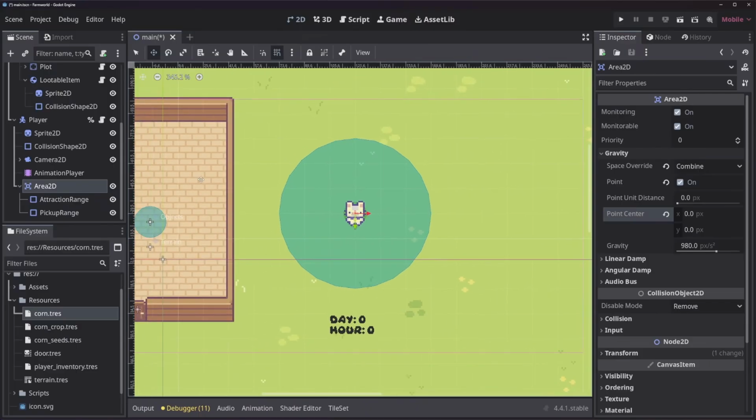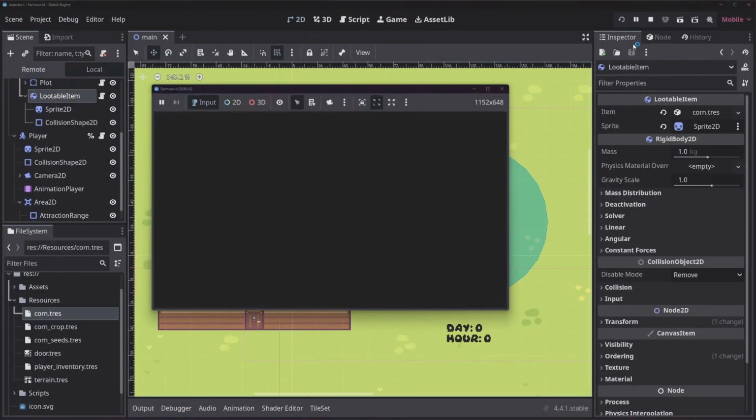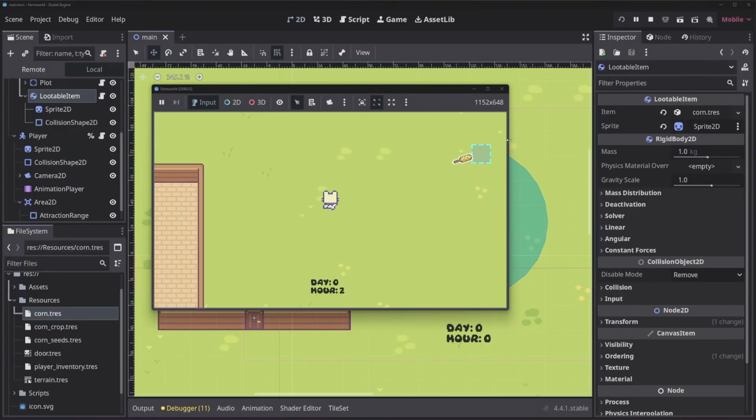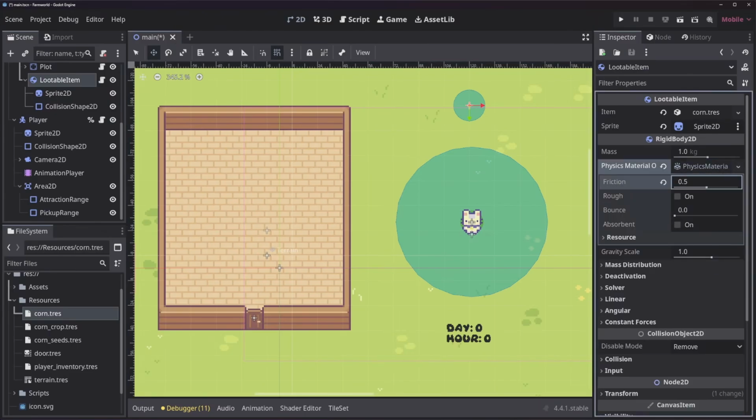Let's give it a test. We'll move our lootable item out here, make it easier on ourselves. We'll fire it up and see what happens. Okay, so what? Where are you going? Well, besides the obvious attraction to the right side of our screen, there were some other issues that needed